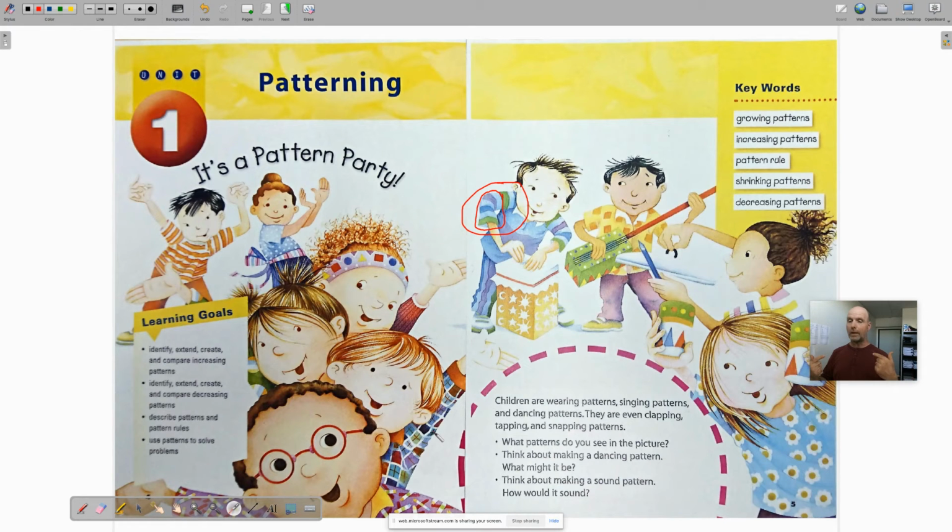I'm going to show you a dancing pattern. It's a little tricky because you can't see my feet, but it could be as simple as this. So I'm going to go 2 steps and then 1 big step back. 2 steps and then 1 big step back. I just made up a dancing pattern. I want you to make a dancing pattern. It can be really simple like mine, or it can be really complicated.